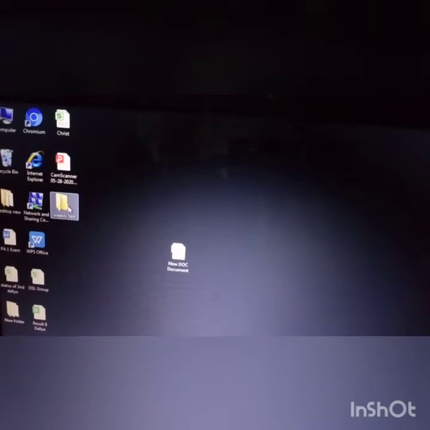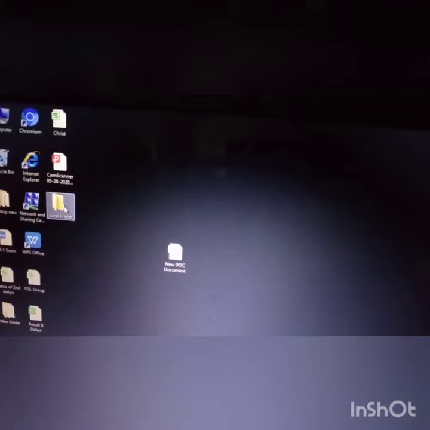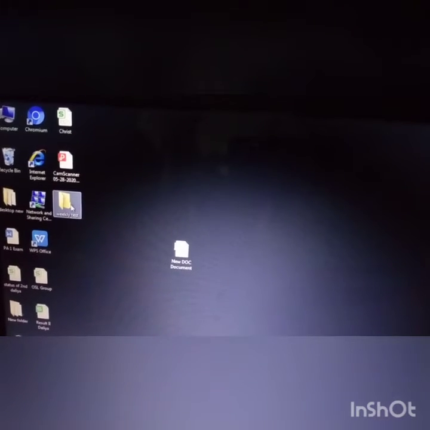If I want to open my weekly test, no need to search here and there. If I click on that, all weekly tests are easily opened and I can use them anytime.